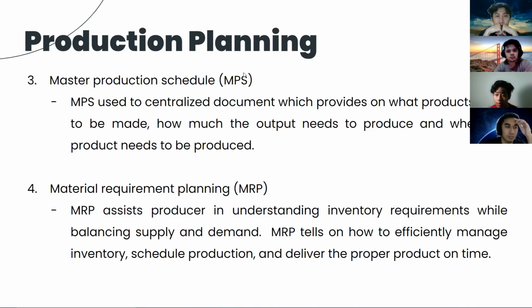The function of MPS can also include determining the amount of products that must be produced within a specific period of time, identifying which parts of the production line are the most efficient, setting the reorder point of deliveries that must be made, and specifying the machine and equipment loads and usage requirements. And lastly is material requirement planning.